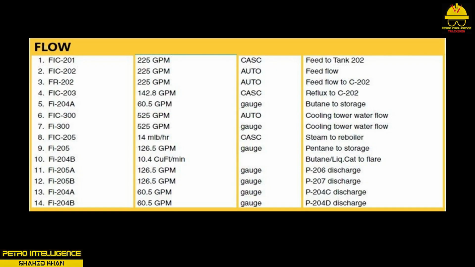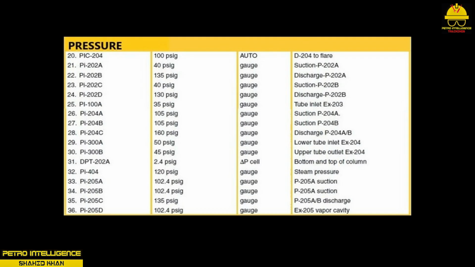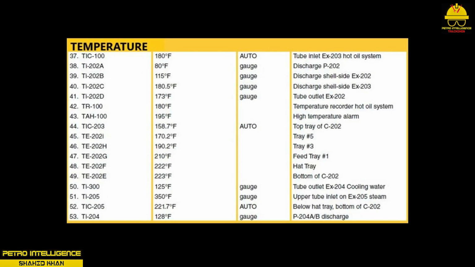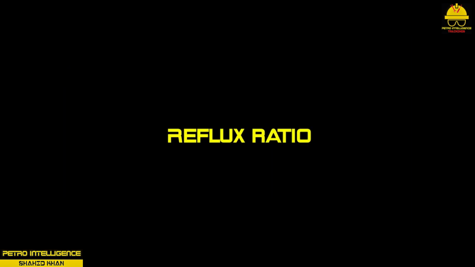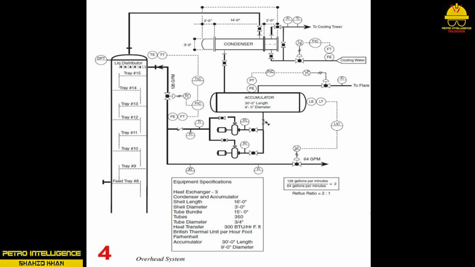Flow, analytical, pressure, temperature, level, reflux ratio. Reflux ratio is best described as the amount of reflux returned to the tower divided by the amount of overhead product sent to storage. Picture illustrates how reflux is applied to a distillation system. For example, a reflux flow of 128 GPM divided by 64 GPM overhead product being sent to storage equals 2:1